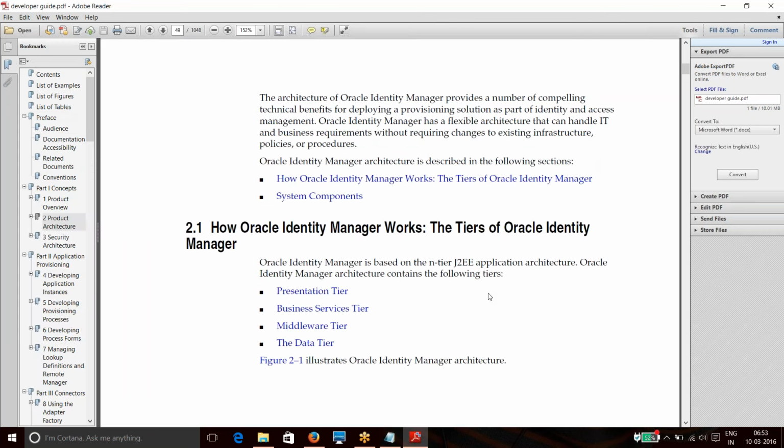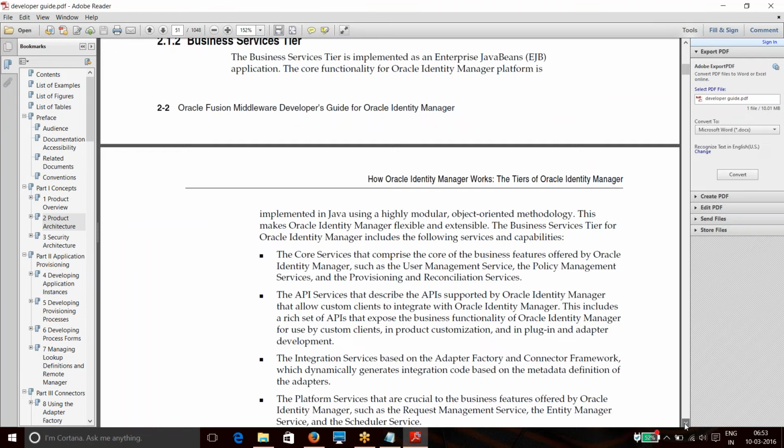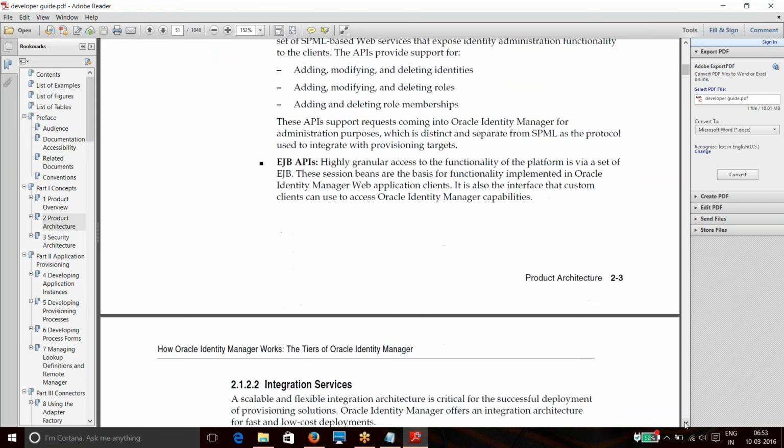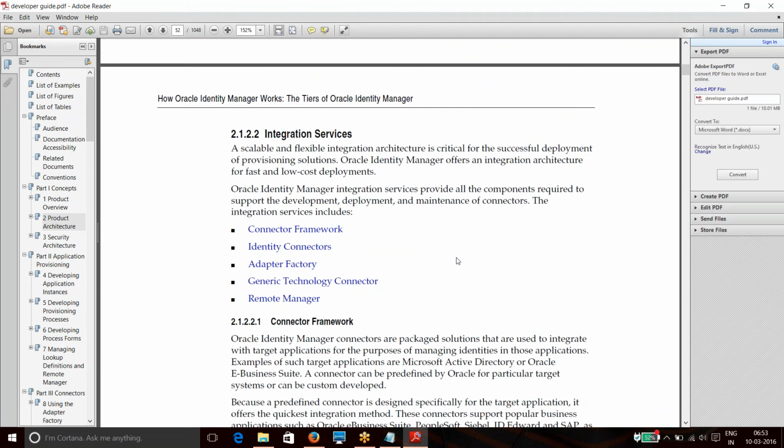Just go through quickly what is in this tier. You can see the core services required for communication, the API services, the integration services, and the platform services. All this comes into the business tier, where we can see the SPML, EJBs, all the Java artifacts, and the frameworks used inside identity management, like connectors, adapters, JDBC connector, remote managers.